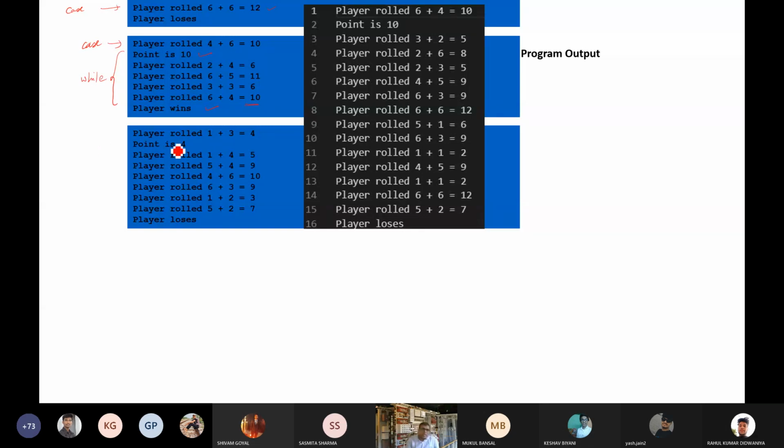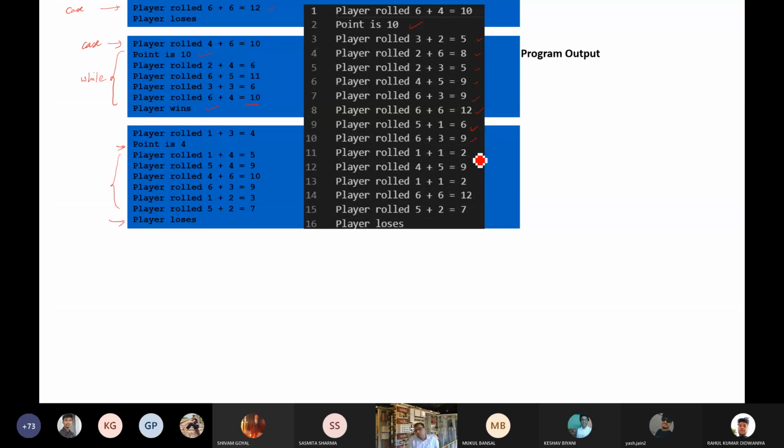Now here in the second, 1 plus 3, the point is 4, because 7 and 11 are not coming in the first round. Now it will run so many times, and after one particular iteration, the player loses. The maximum iteration we have seen is 16, and the output is very special, like 10, 5, 8, 5, 9, 9, 7 is not coming.